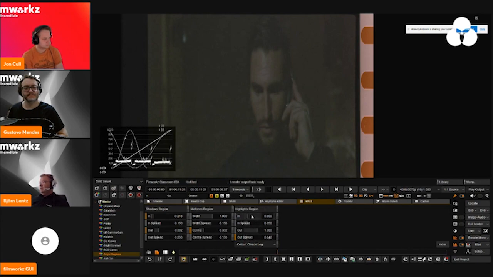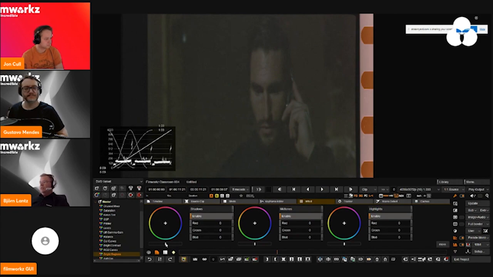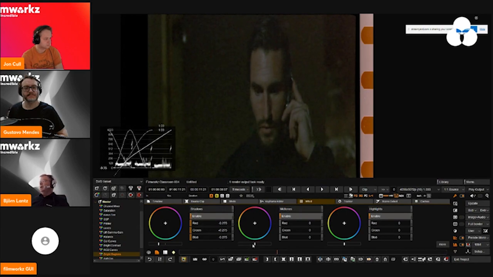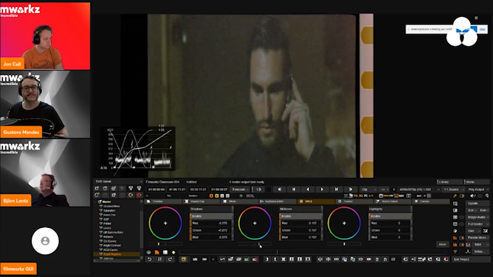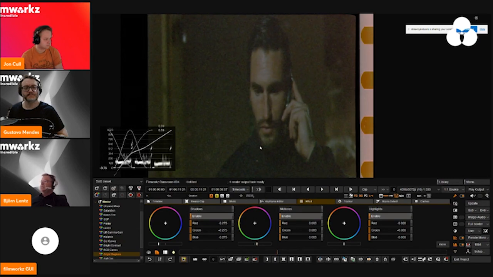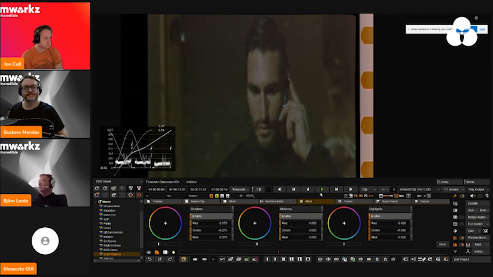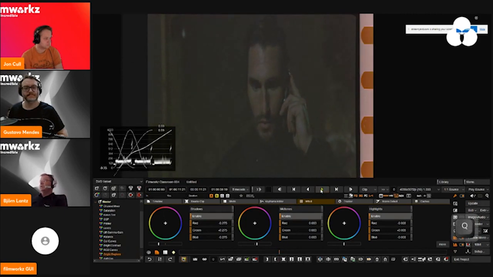Let me move the highlights as well, so I can start using my color tools more. And then of course I can now start pushing the darks down a bit, and maybe bring up gamma a bit, so we get something a bit more appealing perhaps. And now we have something that is kind of useful versus the original one, which is really